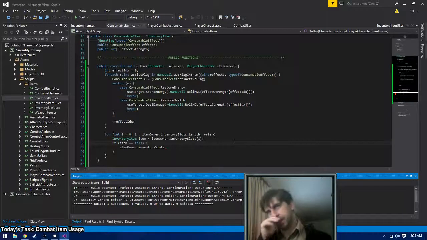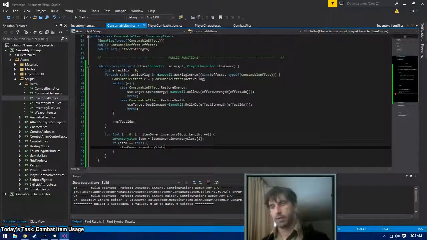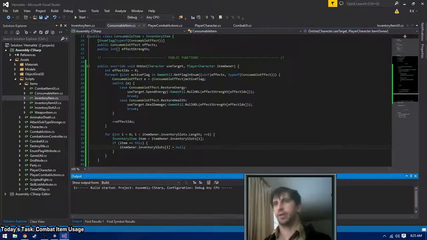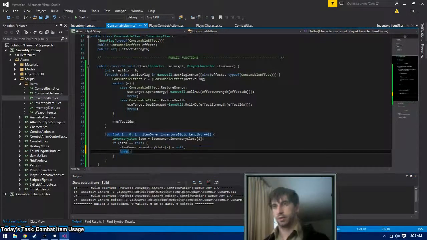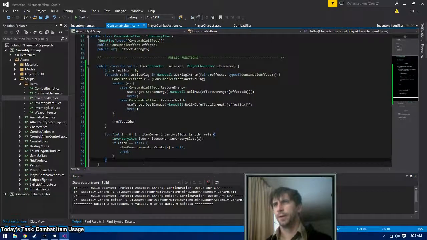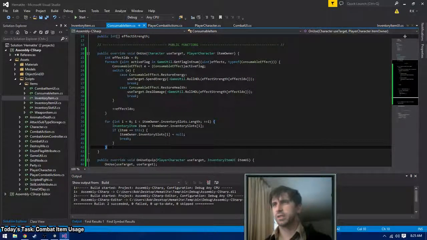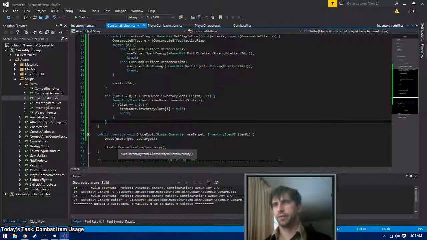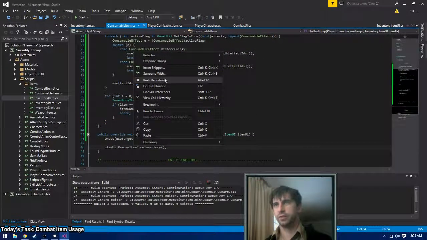If the item is this, then the inventory slots i, we set that to null so that obviously we don't want the item to exist anymore. And for us, this is pretty much all that matters. The only thing that remove item from inventory should do at this point,